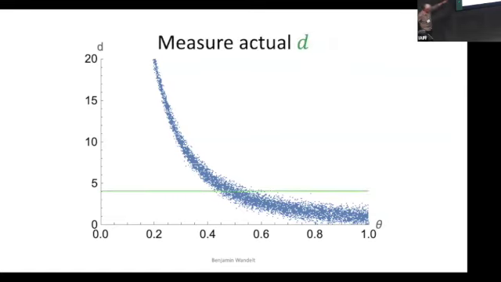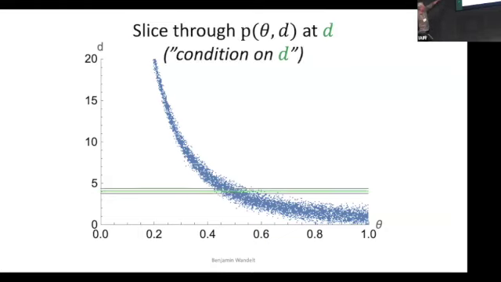Now I'm going to draw some actual data. It's the green line, and all I now have to do is look at that. This is the conditional density of parameters given that data, and that's the posterior, and then you're done. This is not actually how we do this, but in order to do this with discrete samples, we have to assume a little epsilon around this. This is not necessary in practice. Other methods are more powerful. This is just an example.